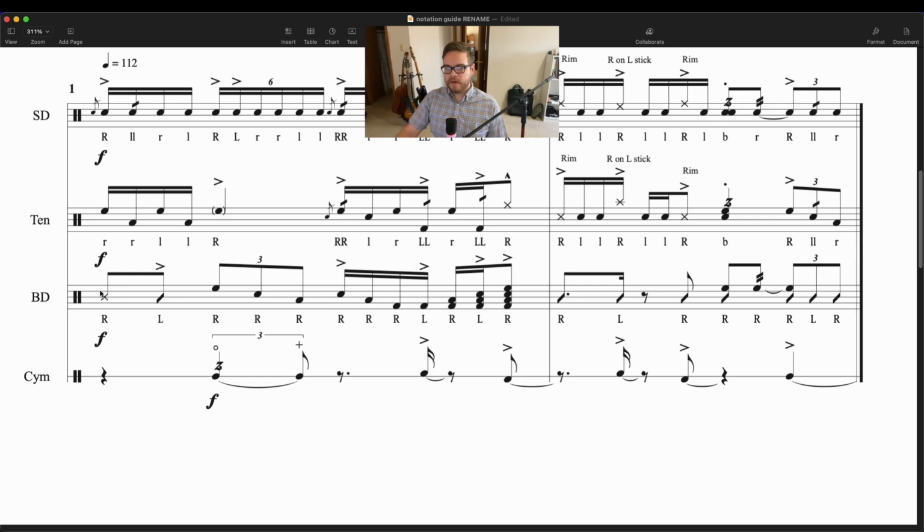So we start with the rim click, unison hit, all 4 bass drums, F-A-C-E, treble spaces, and then we go down. I've got all of the stickings written in. And then you can see we build back up,